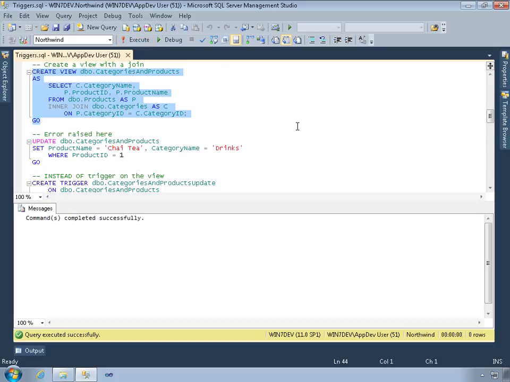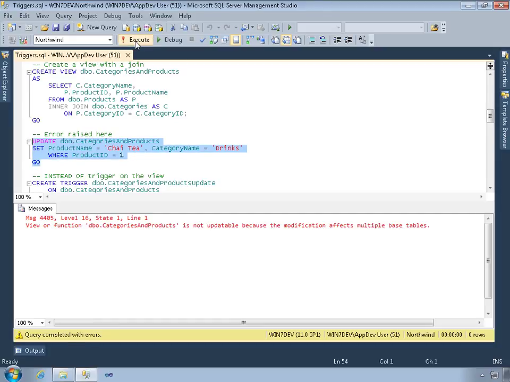Now, because this view contains a join between the products and the category tables, this normally allows you to update only one or the other table at a time, not both, in a single update statement. So once I have that view, I can't execute code like this. The reason being is that I'm trying to update data in the products table as well as within the categories table. And I get this error message, view or function is not updatable because the modification affects multiple base